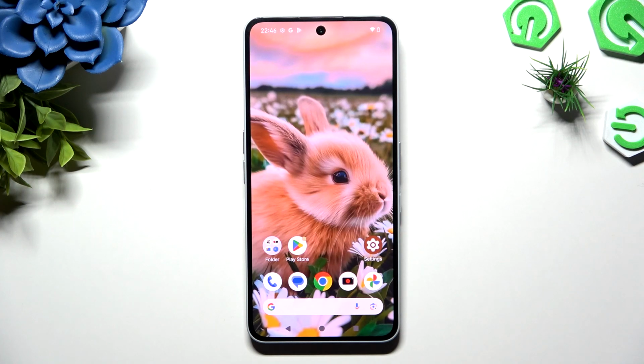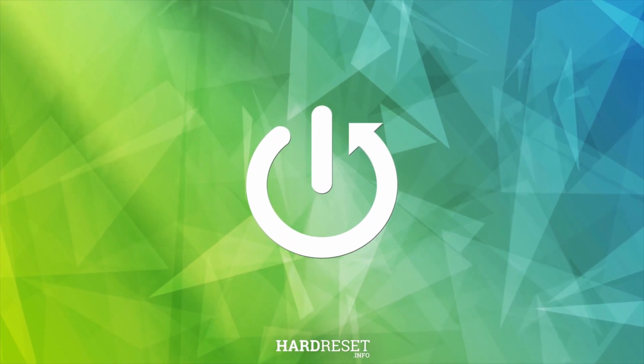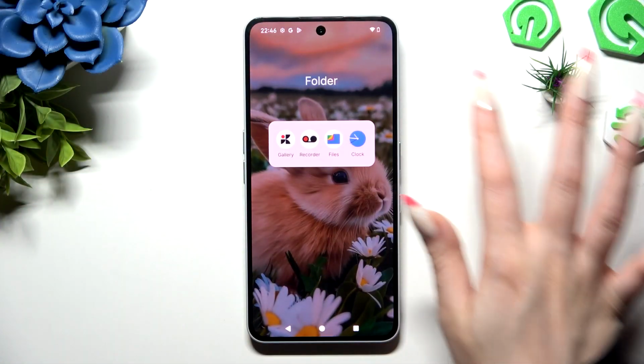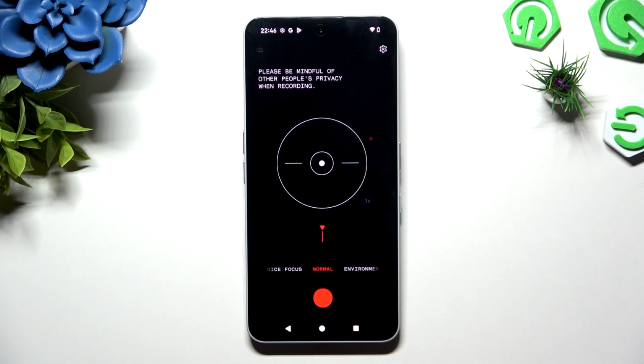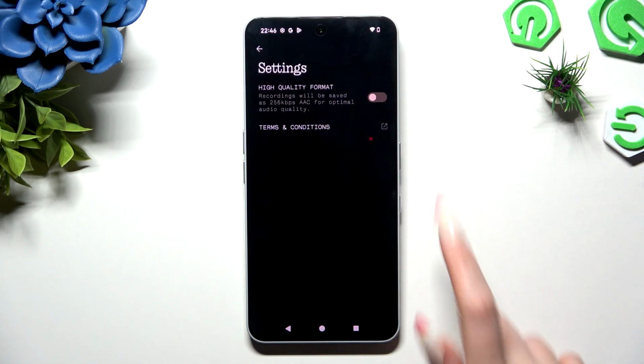In front of me is an iPhone 3A Pro, and today I would like to show you how you can use voice recorder. Begin by launching Recorder app and tapping on this gear at the top right corner to adjust all of those